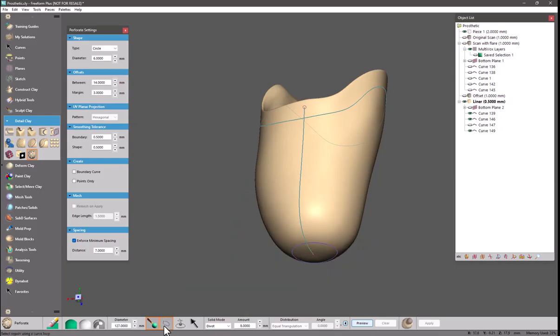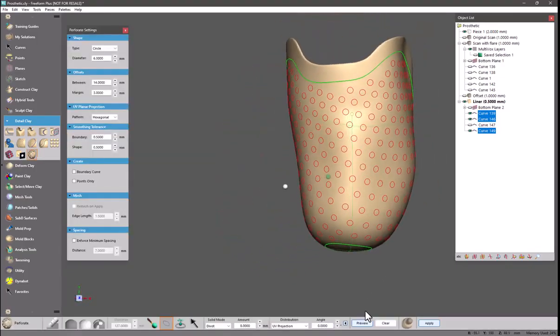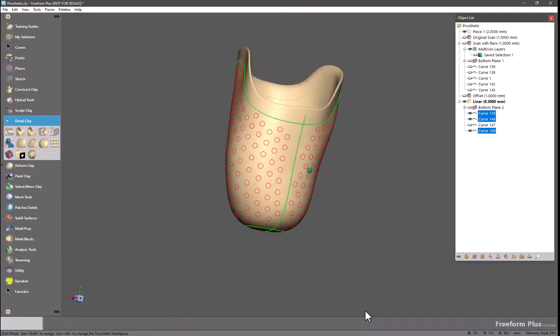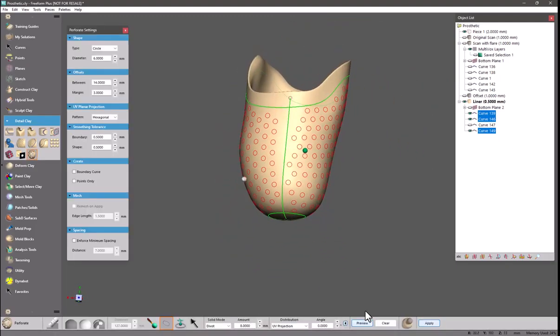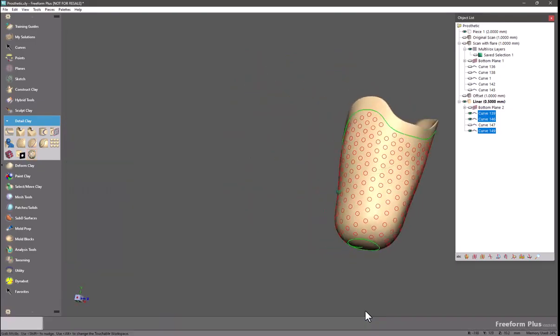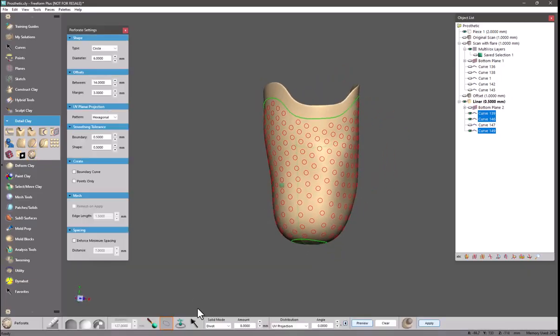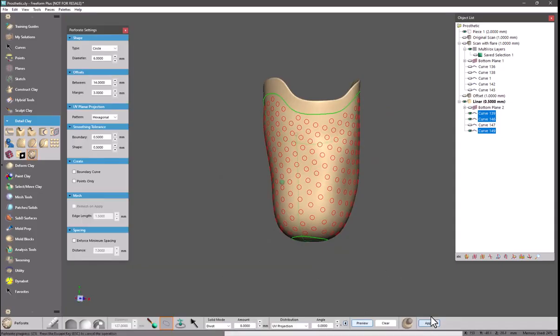So, switch over to curve selection mode. And now preview. Change from equal triangulation to UV projection. You can see that this covers the surface in a much more regular distribution, but it does get a little off as it tries to wrap all the way around to the back. So this may work better in some situations than others, but knowing that this is available, you can design accordingly,